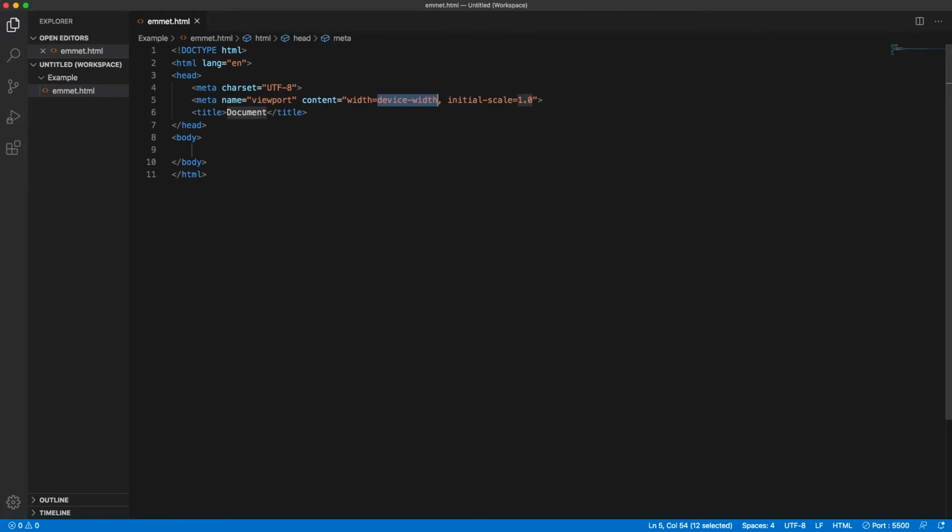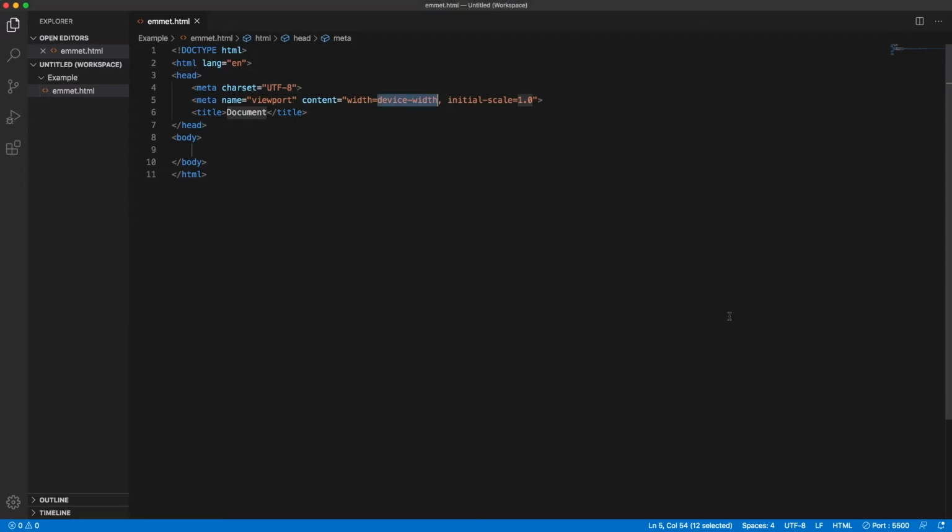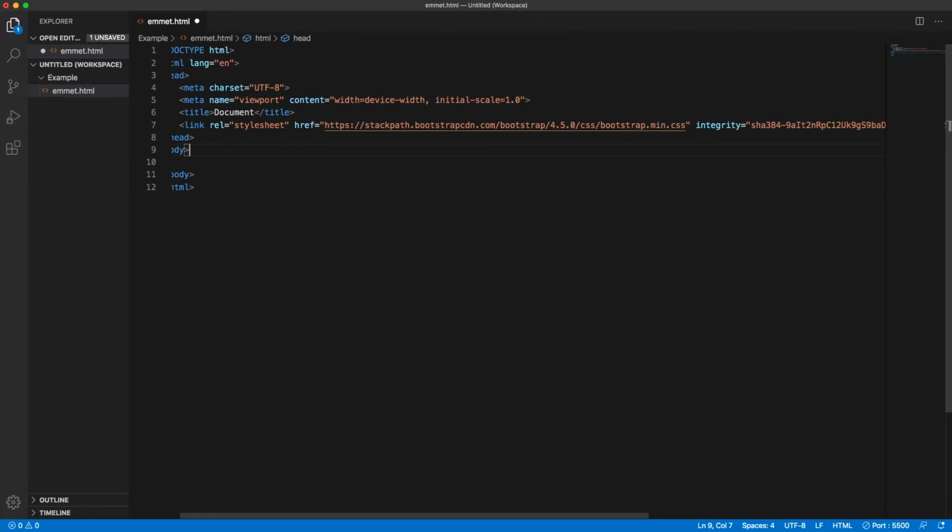Like I said, I am going to dive into some Bootstrap stuff here in just a minute. So I'm going to go ahead and grab that link tag from their CDN. From Bootstrap's website, getbootstrap.com, if you go into their documentation or their getting started section, there is the CSS from Bootstrap CDN. So I'm just going to copy that. And before we get too far into this, I'm going to paste that into my HTML. I'm just going to drop it right here below my title tag. Now, we'll get to that in a minute. We'll jump into Bootstrap stuff here in a minute, but I want to walk through the basics of what Emmet